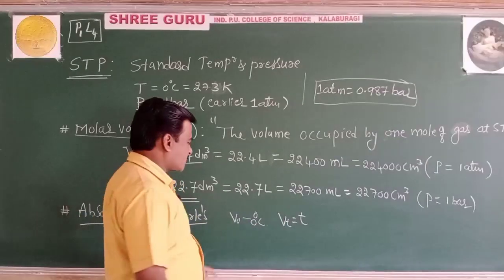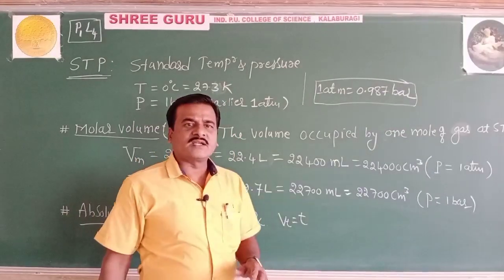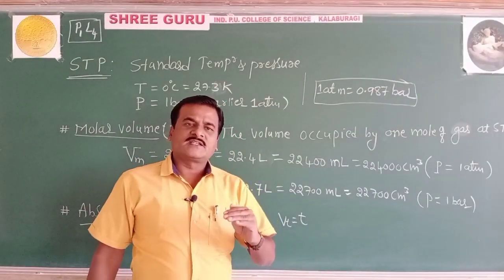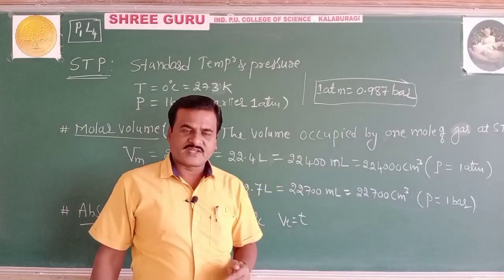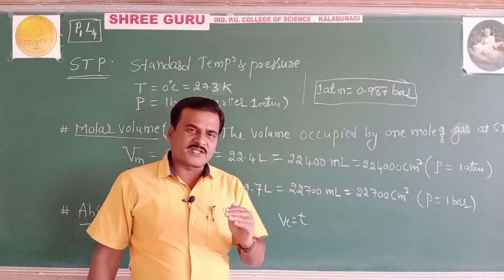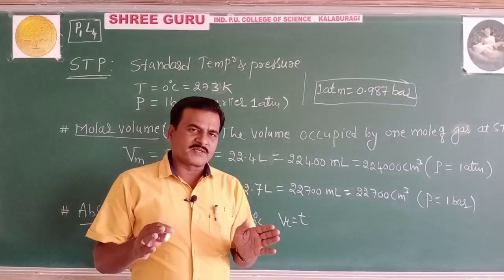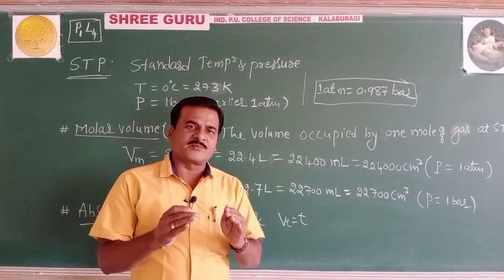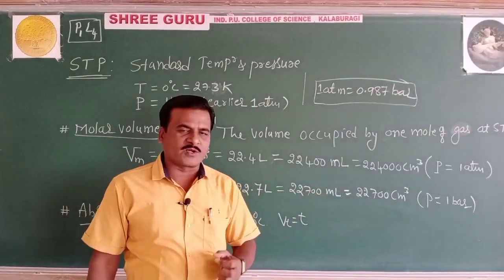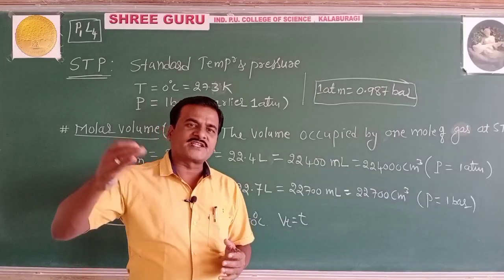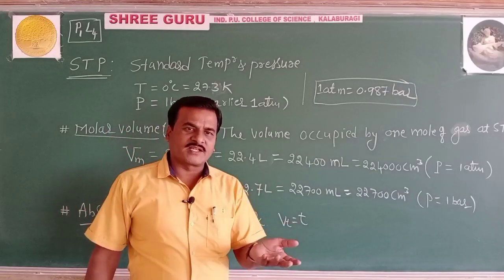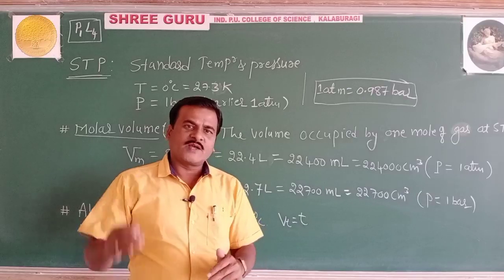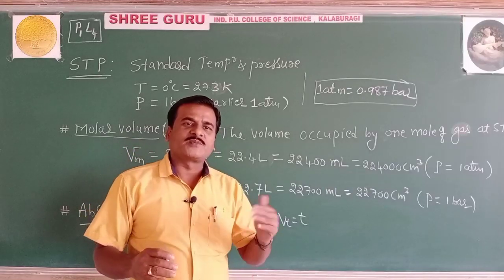He gave out an equation, and he observed as the temperature is changed, keeping the pressure constant, that temperature and volume are directly proportional to each other. From the law you come to know that as the temperature increases, the volume also increases, and vice versa. So as the temperature decreases, volume decreases.